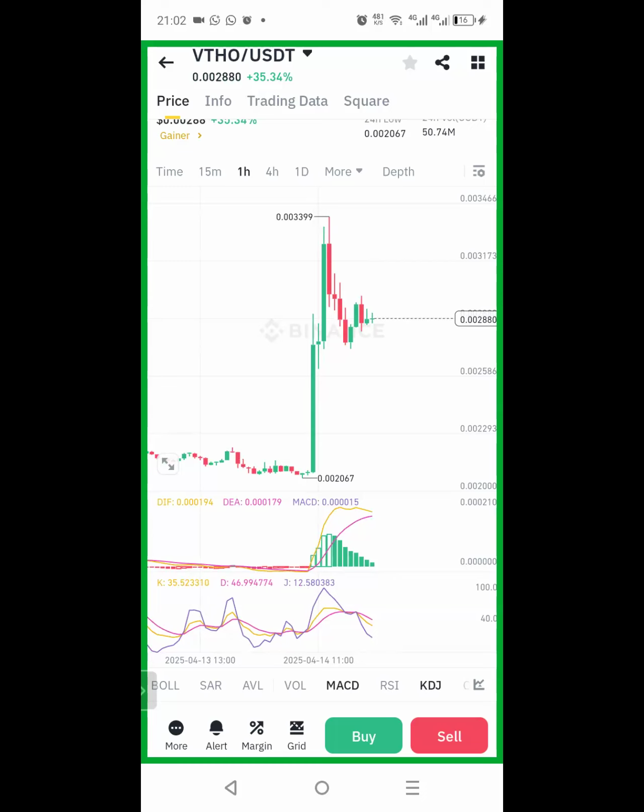Ask yourself, okay, this coin, is it in an upward trend? Is it in a downward trend? Even some of my teachers always make one statement: if you want to trade, trade according to the market trend. What is the trend of the market? If the market is in a bull trend, I mean bull season, most of the coins will be in an uptrend position.